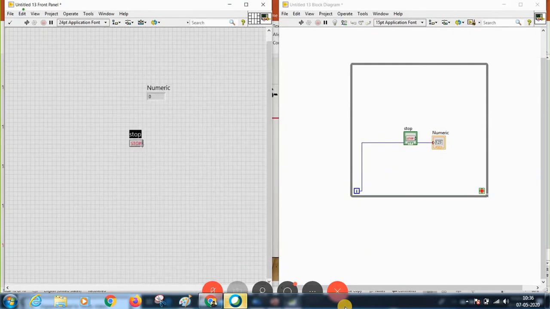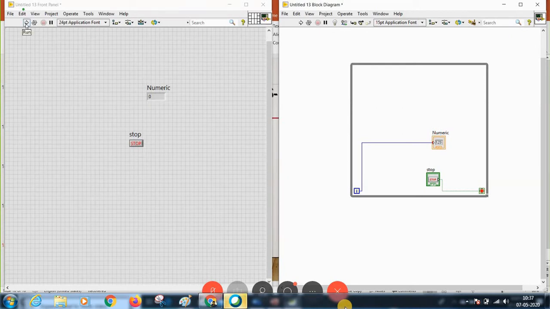Once I press the stop button, I get a true. Whenever it is true, your while loop has to be stopped. This is the condition I gave. Once I want to stop my loop, I press the stop button, and then it will stop the while loop.